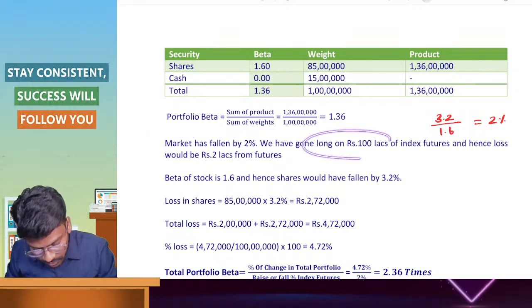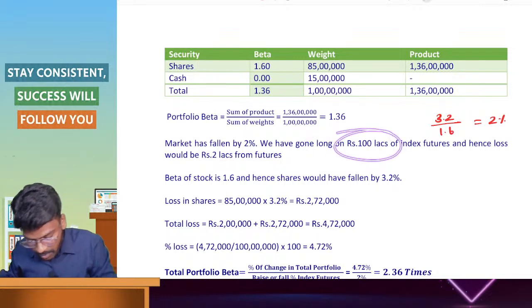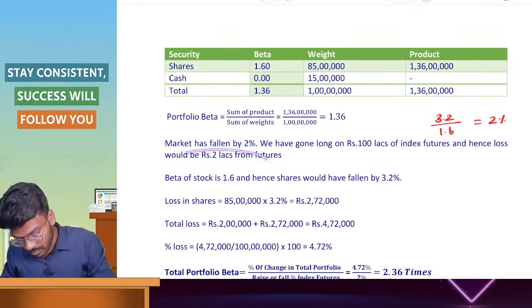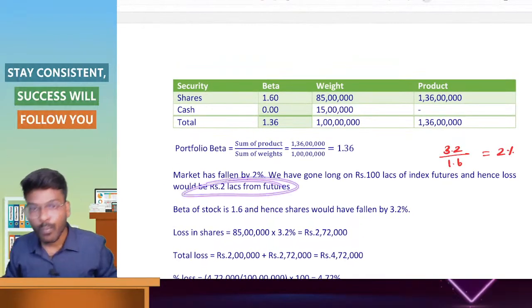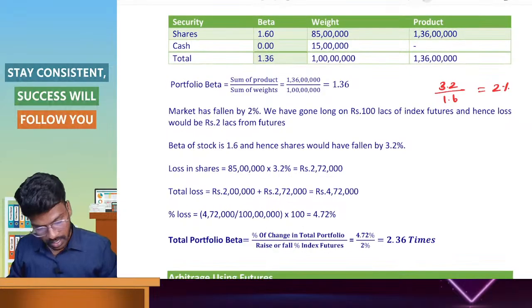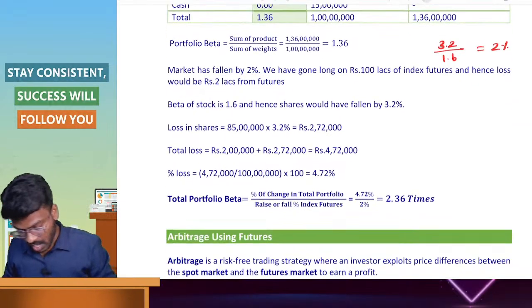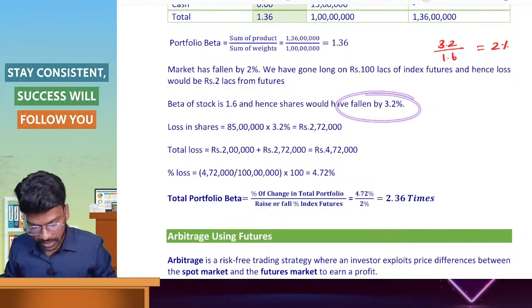I have gone for a long position for 100 lakhs. 100 lakhs multiplied with the 2% will give you 2 lakh. Since I have gone for a long position, that is my loss. Loss is 2 lakh in index future. Also, beta is 1.6, so with the fall by 3.2%,